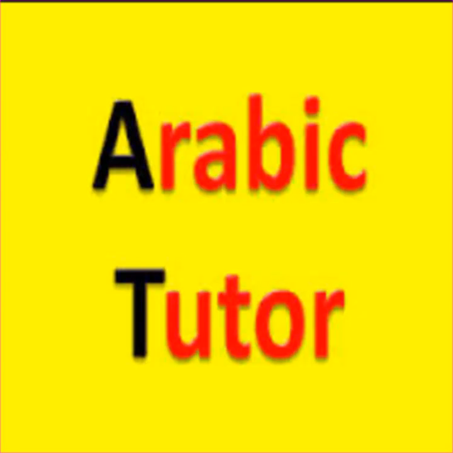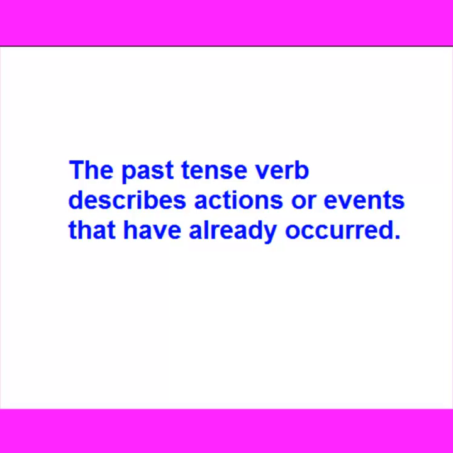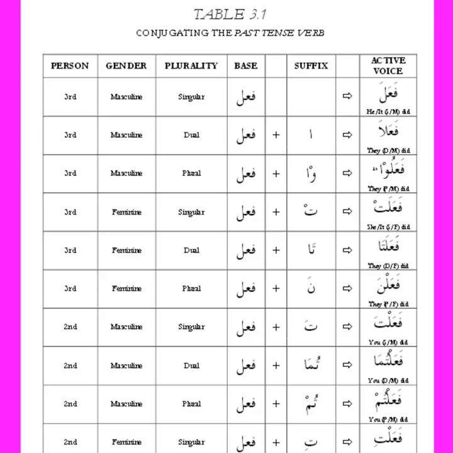Lesson 3, the past tense verb, al-fi'l al-madi. The past tense verb describes actions or events that have already occurred. This lesson introduces the idea of verb conjugation and also introduces the idea of verbs in both the active and